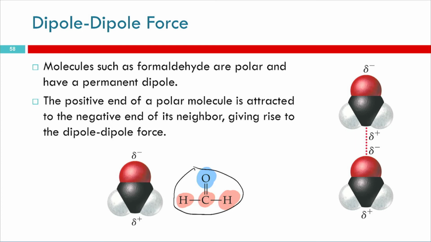And because this is trigonal planar, because we have 3 bonding groups and we have 0 lone pairs,